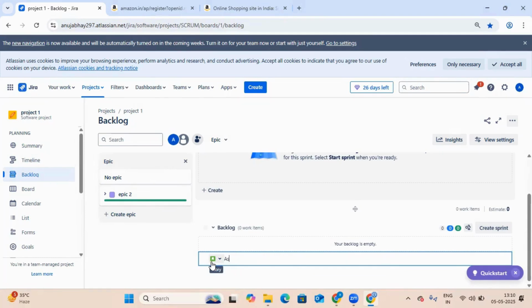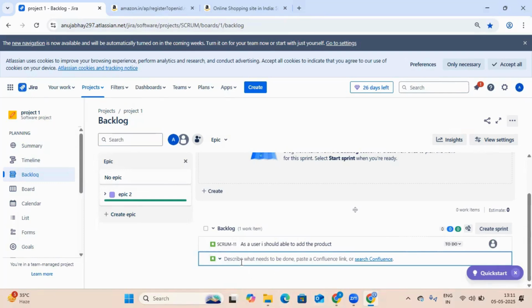As a user, I should be able to add the product. As a user, I should be able to add the... This is basically one story. Okay. Now,